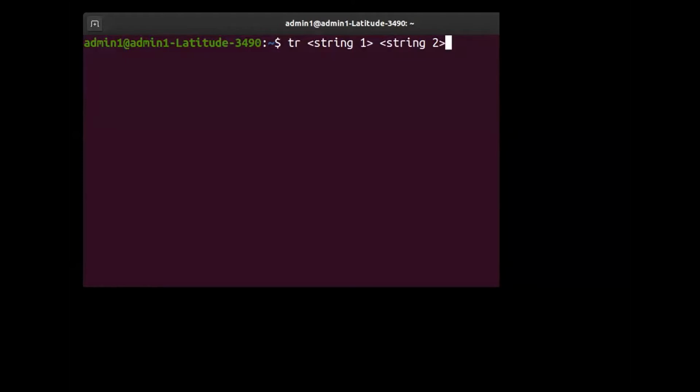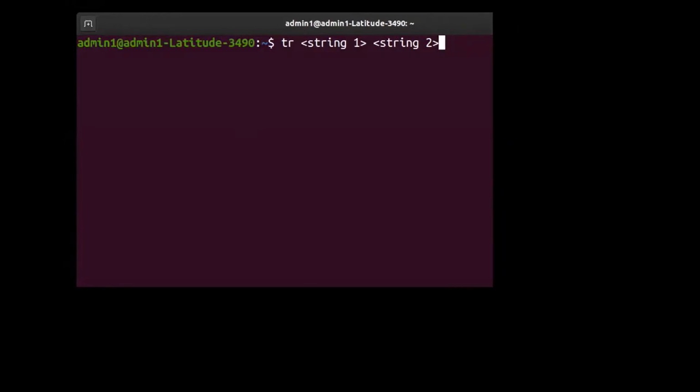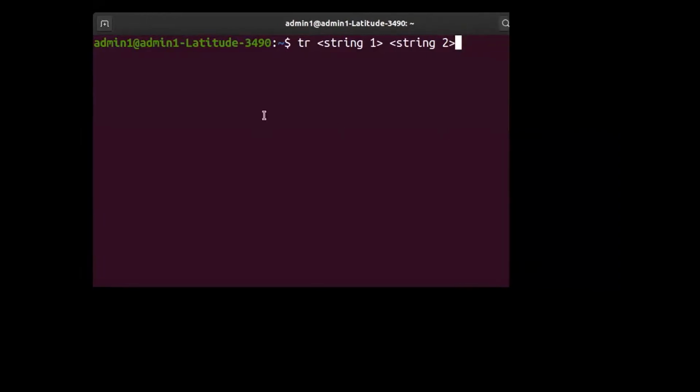Make a note. This particular command does not accept a file name as an argument. Full stop.